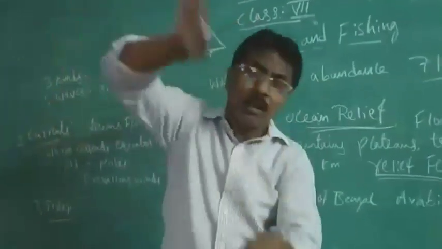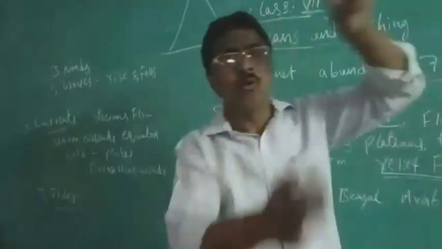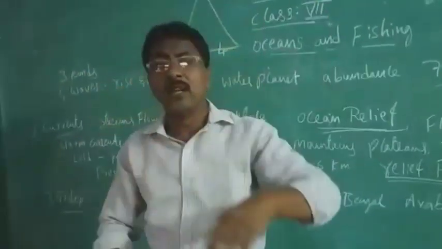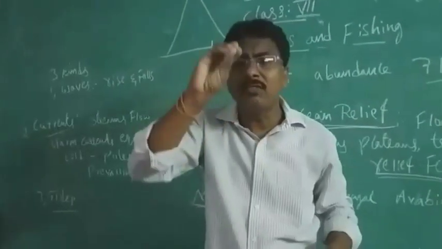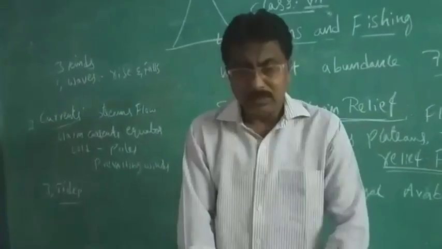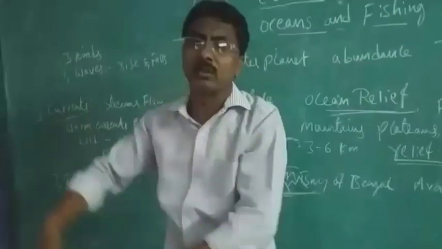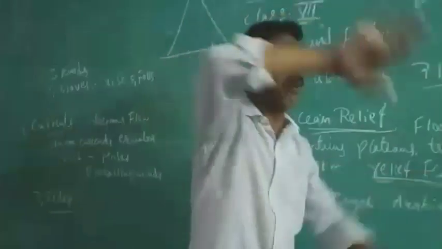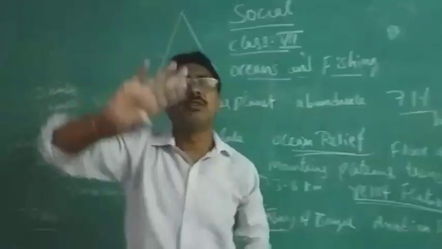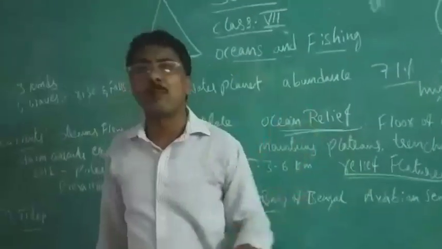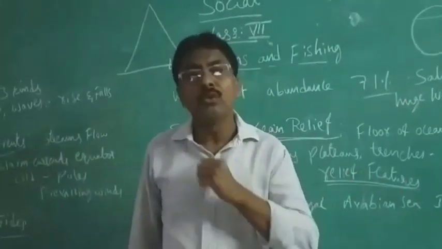Every time it will do tides. High, low, the water will jump like this, about 3 feet compulsorily from the sea level. Ocean water will jump like this. It will rise and fall, rise and fall, rise and fall. Like that only the ocean will do. It will never stop. You should know the reason.